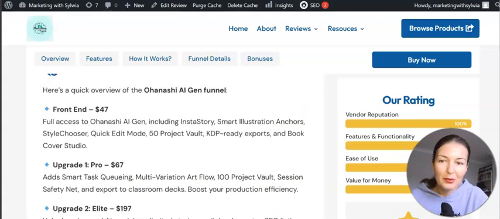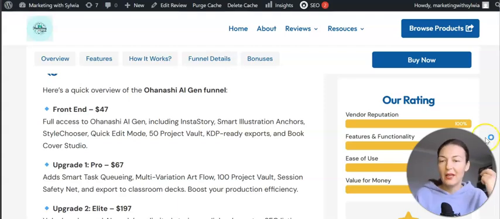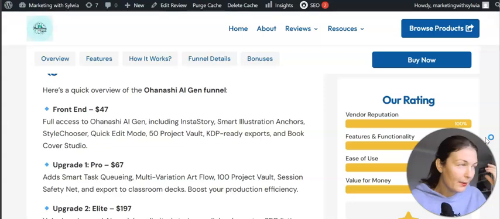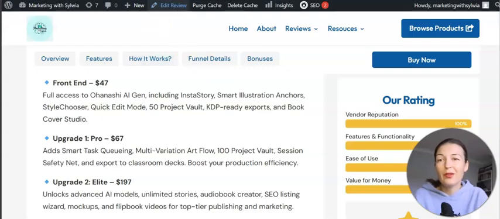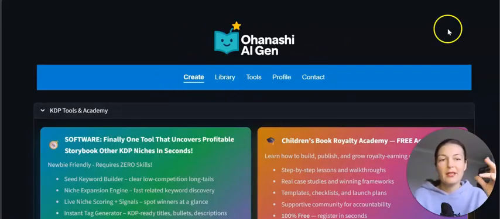With the front end alone, which is $47 during the launch, it's a short launch, only 4 days, guys. After that, the chances of the front end price going up and the rest of the upsells really, or maybe even switching to monthly, is very high, because these guys normally do that. So, it hasn't been confirmed. If I have confirmed information about the pricing strategy, I'll come back to you with an update. Right, but I would say, the sooner the better, and just secure the whole funnel, because you really want full access to this beast of a software.